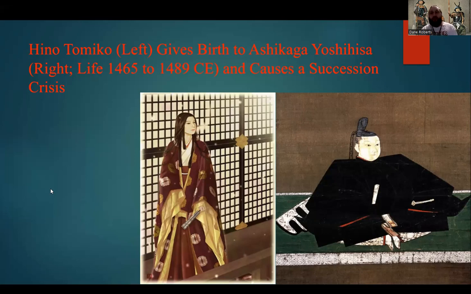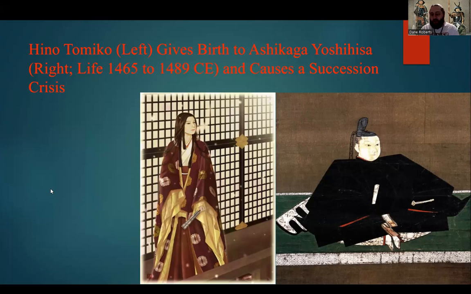This caused a succession crisis because, of course, Hino Tomiko wanted her son to be the heir to the Ashikaga shogunate,